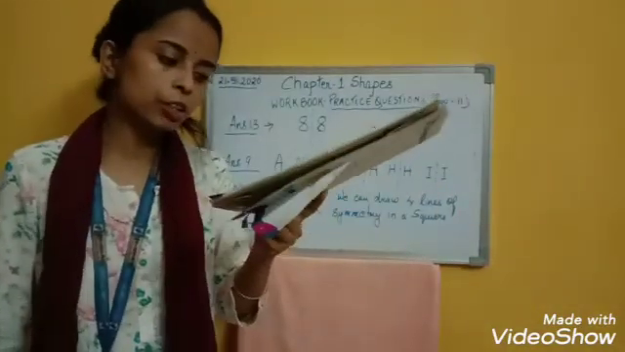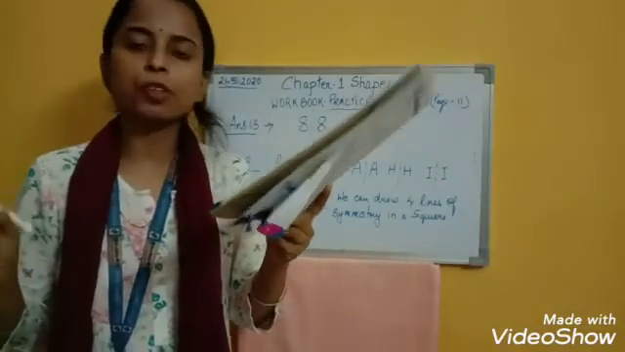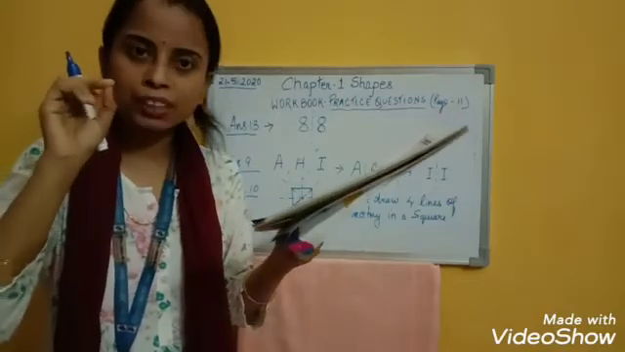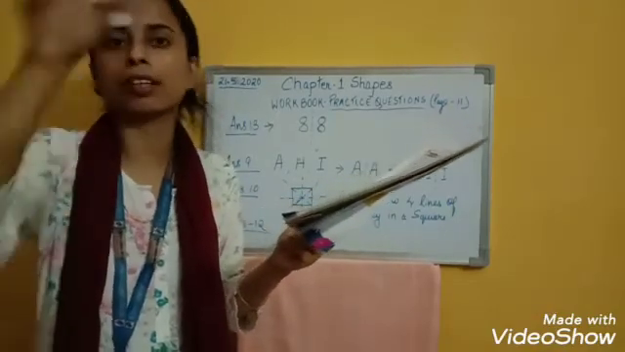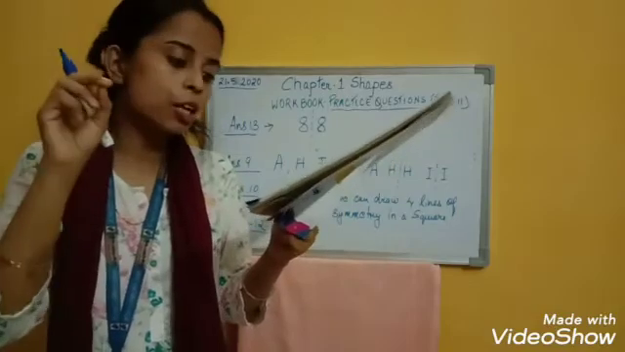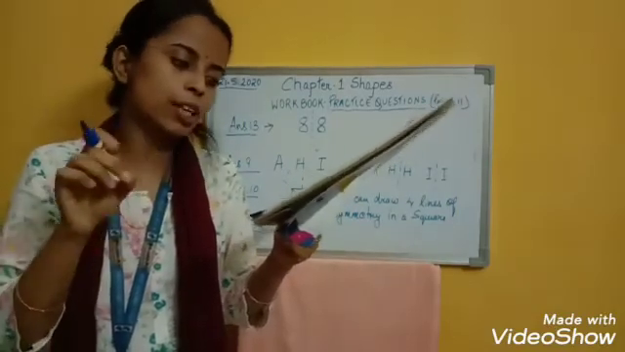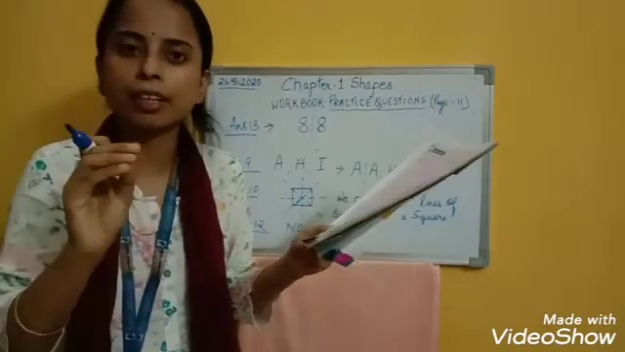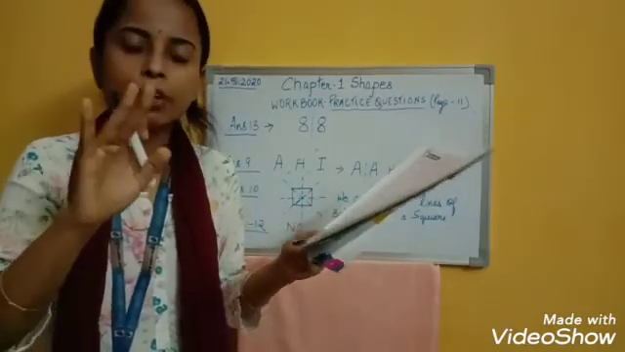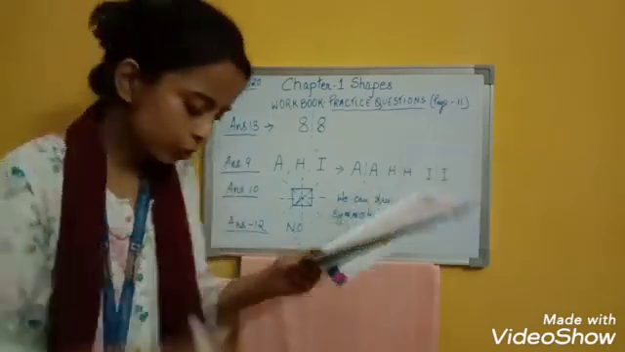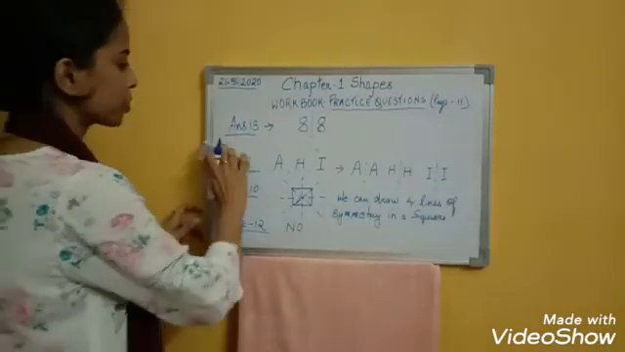Question number 15. Do concentric circles have different radii? So concentric circle means from the same center we can draw different circles, right? So from the same center we can draw different circles. So the question is asking, do concentric circles have different radii? The answer is yes. Concentric circles have different radii, right? From the same center we can draw, but the radius will be different. So the last answer, number 15,